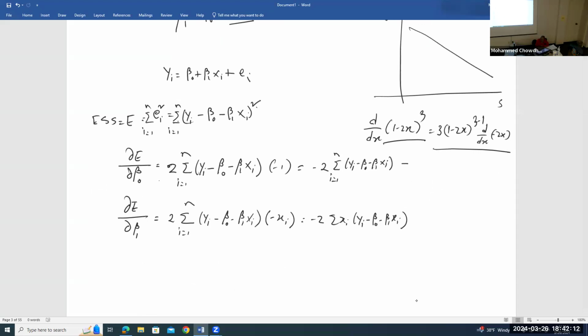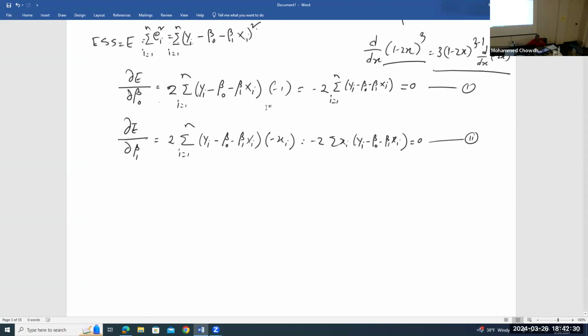So now, if you put 0 here, in order to get the solutions, you will get the solution of beta 0 and beta 1. Let us put this as equation 1, and then put this as equation 2. Equation 1 and equation 2. Now I can write, from equation 1, we get minus 2